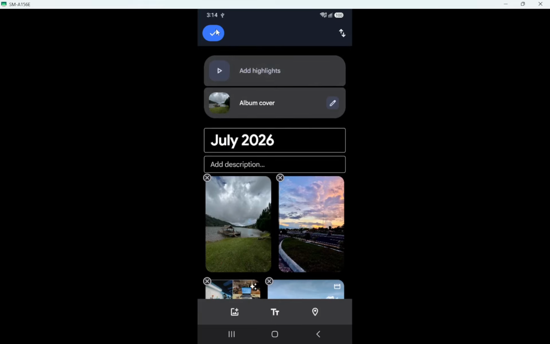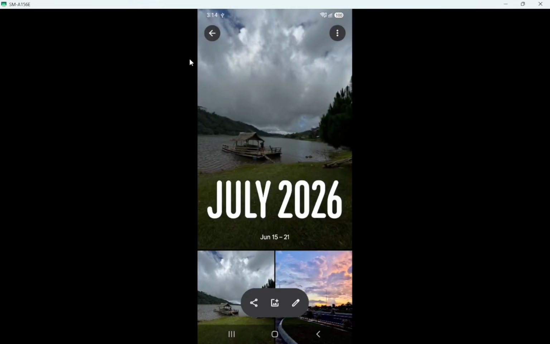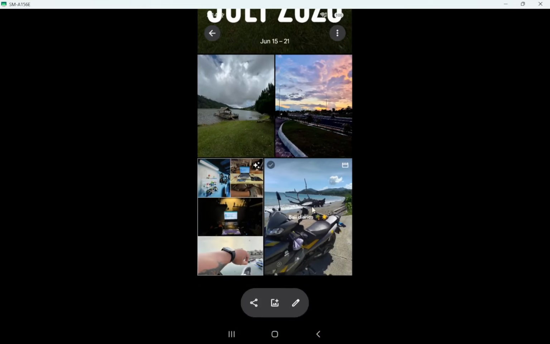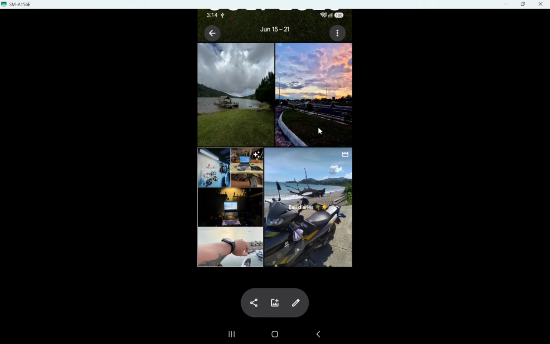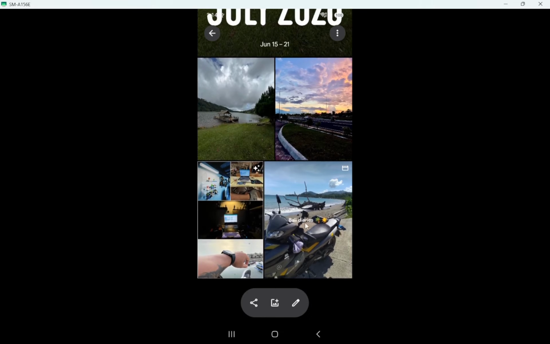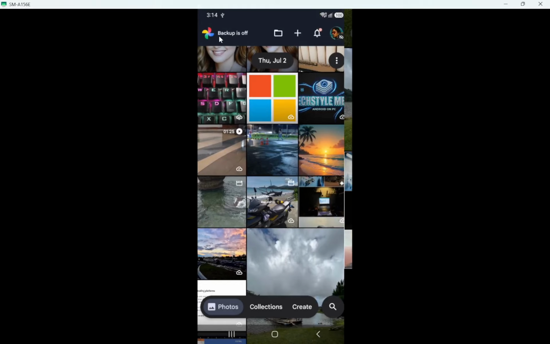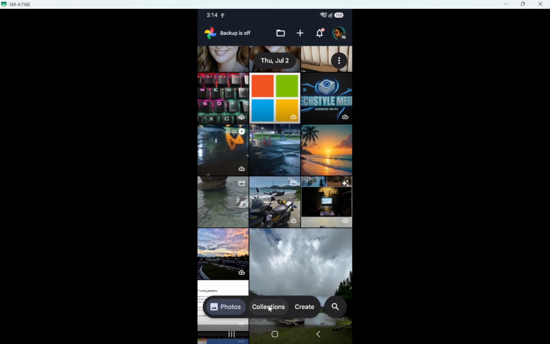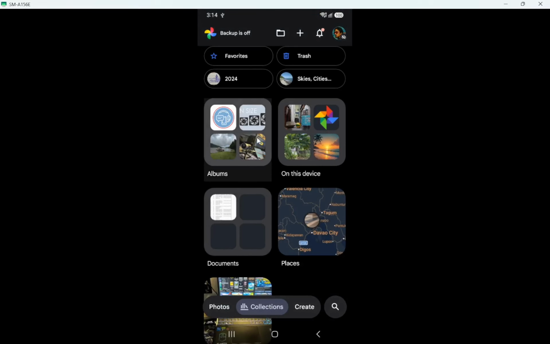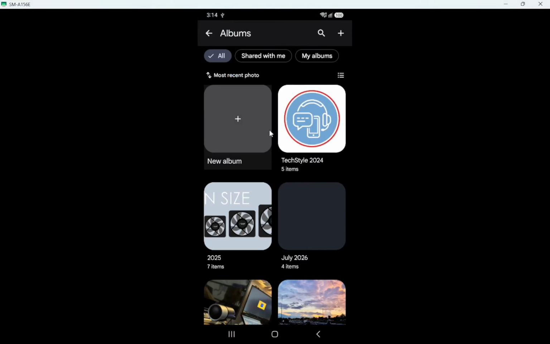Google Photos will immediately create the album and move you into it. You will see the album title at the top, and the photos you just selected laid out below inside that new monthly album. Next, open the album again anytime you need to adjust it. You can find it in the Albums section of Google Photos, and tapping it will show all the photos you added earlier. Inside that album, tap Edit Album.